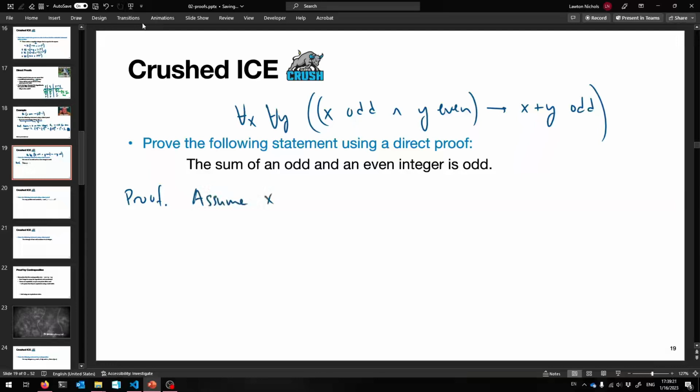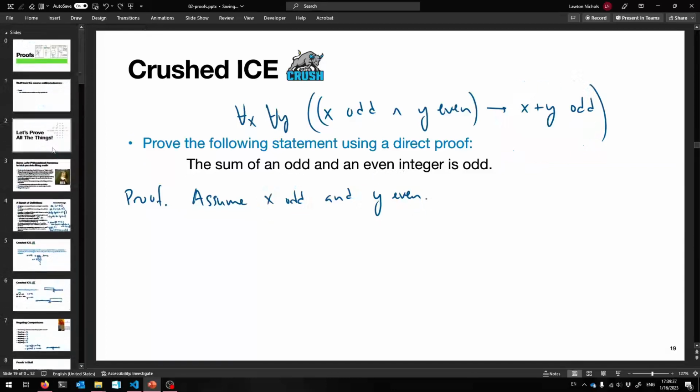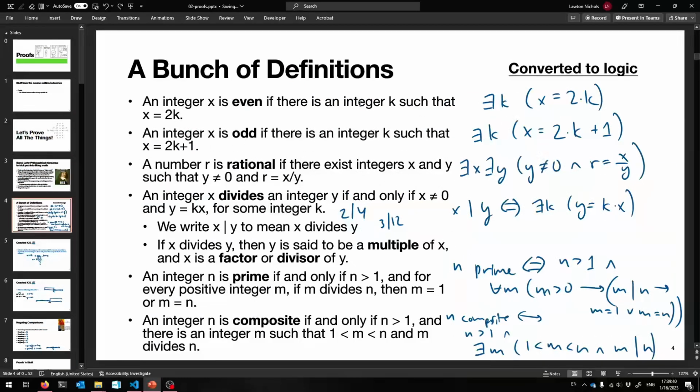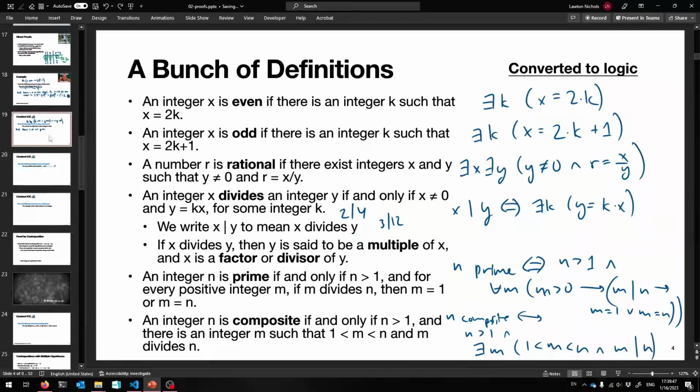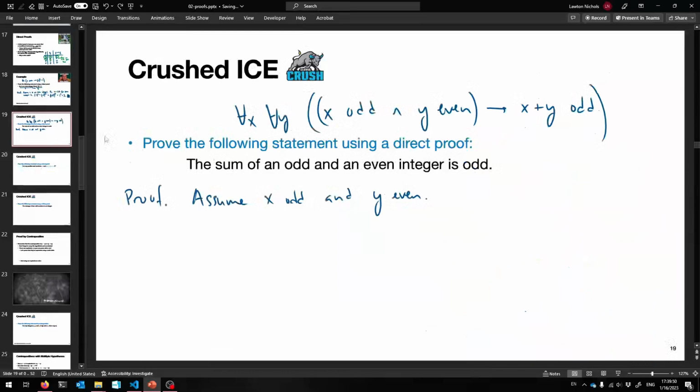Assume x is odd. I'll just say x odd and y is even. And now it's my job to show that x plus y better be odd. All right, but to get there, let's unpack the definitions of odd and even, going back to this stuff way up here. Okay, so I've got my evenness, I've got my oddness, and those are my hypotheses. So let's squeeze as much out of them as we can. So if I know that x is odd, so x better be equal to 2k plus 1, right? So that's what it means to be odd